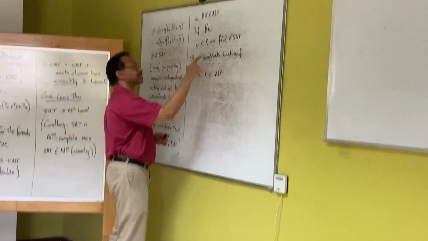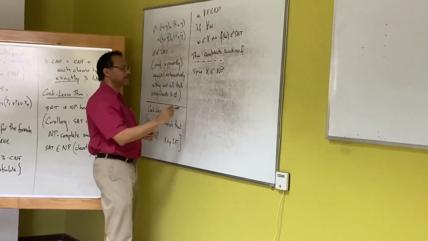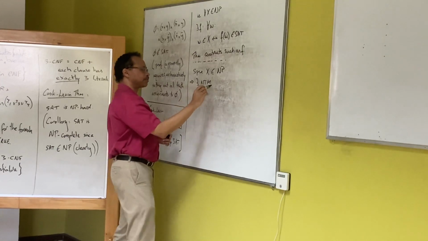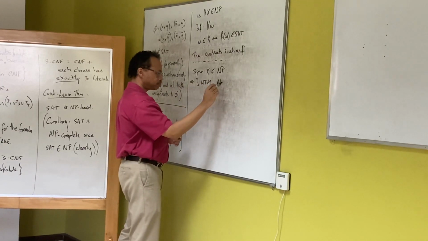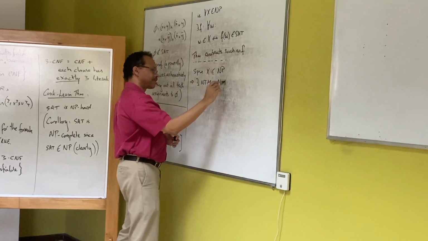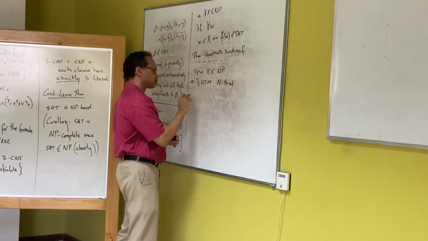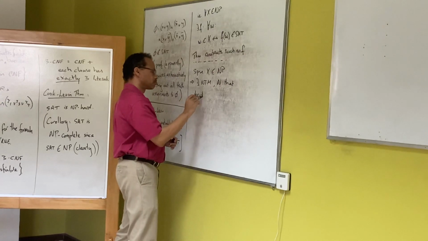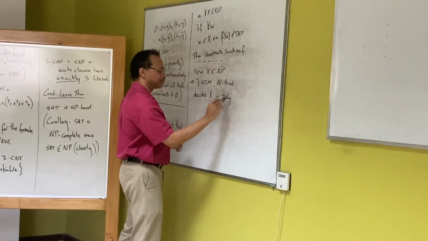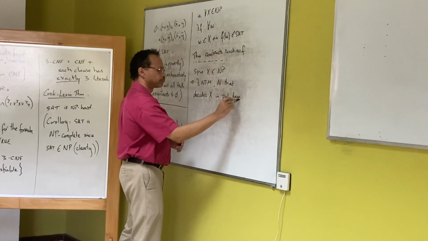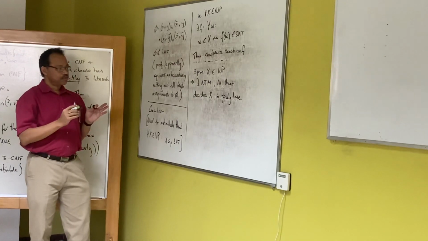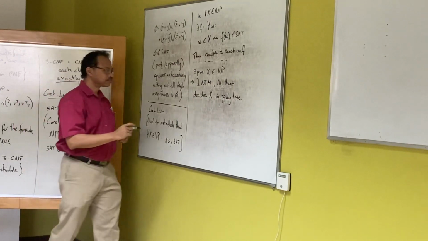In NP. So that is our forever x in NP right there. That means that there is a non-deterministic Turing machine, we call it N, that decides x in polytime. That's what that means. That means that